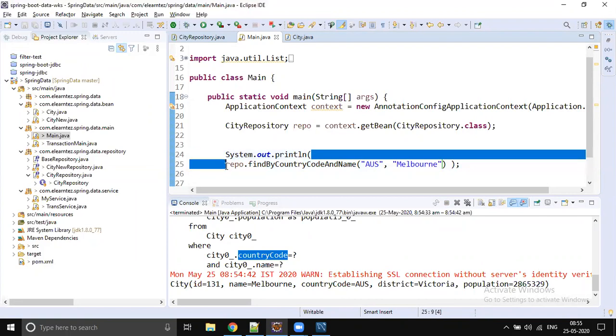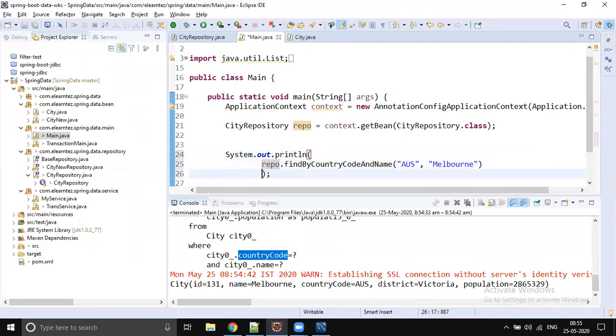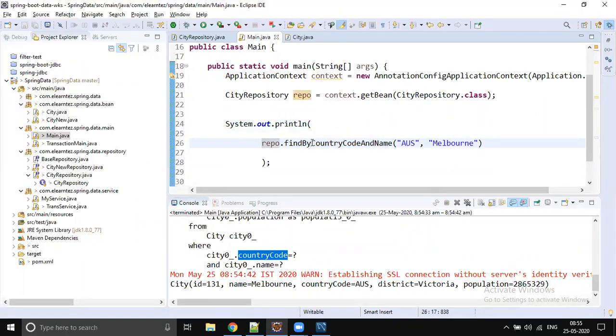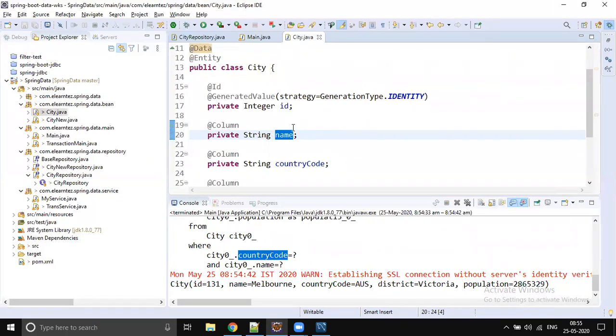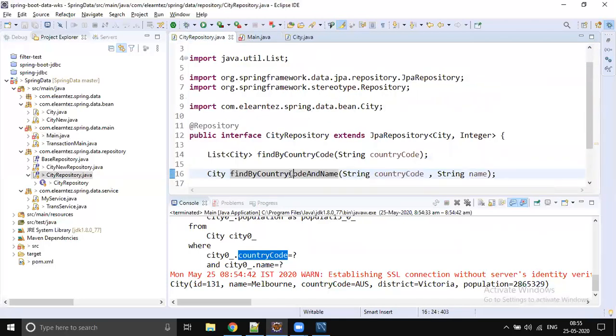So you have to be careful while writing the method name. If something is wrong, it will throw an error. I already said that while writing your method, you should be very careful. It is supposed to follow all the Java naming conventions, and you have to give the property which is there in your POJO model class. If you make some kind of typo mistake, you will get an exception saying that no column or property was found.